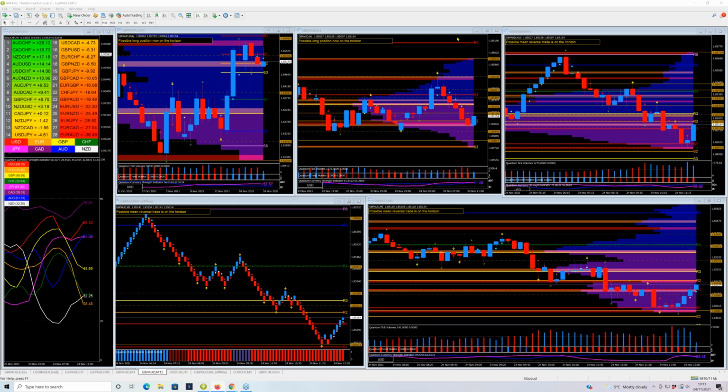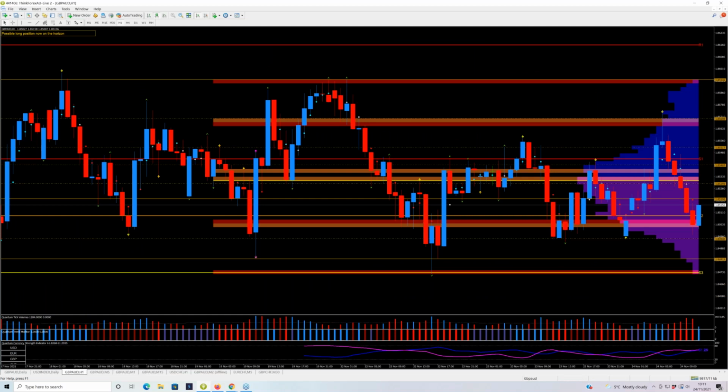So let me give you an example. Let's start with the hourly chart. And the candle that really immediately catches the eye is this shooting star candle. Now, that of itself is a very strong price action signal where we've seen the price go up and then